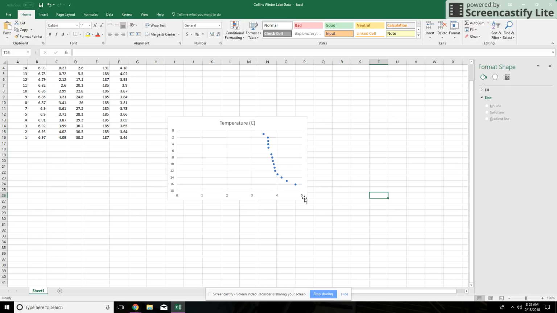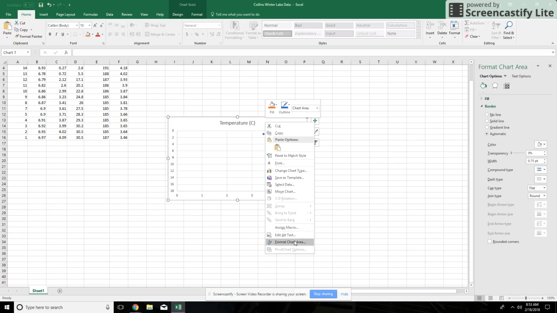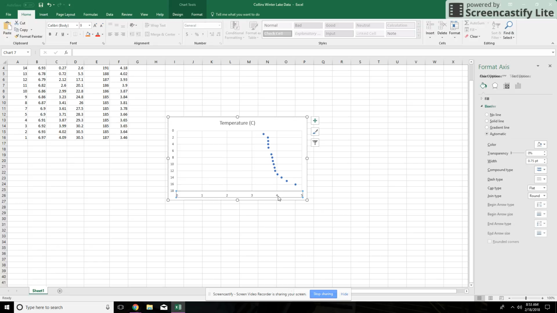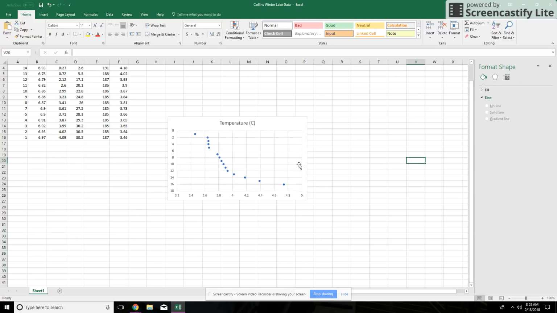Another thing I want to do with this graph right now is make it so that these values aren't only on one part of the graph. I want to get them more spread out. So I'm going to do Format Axis again for the x-axis, and I'm going to set the minimum value to something as low as 3.2, let's say. Now these values are more spread out, and you can see better the change in the temperature as the change